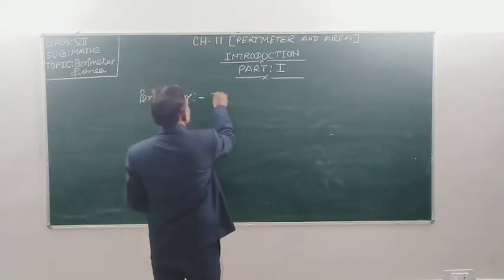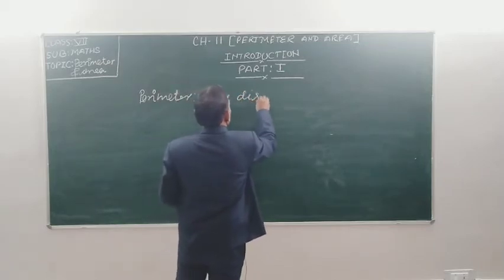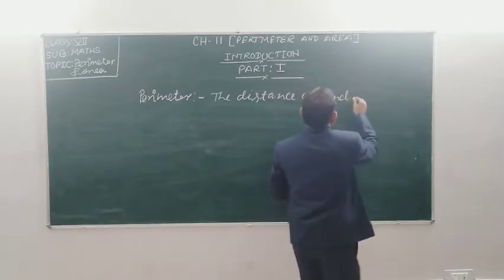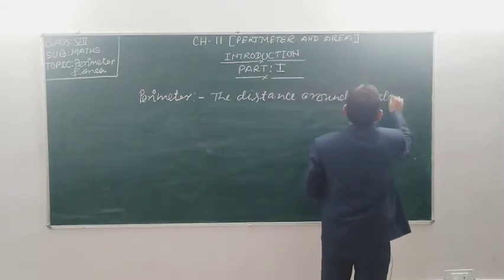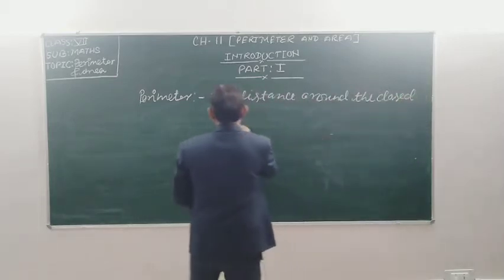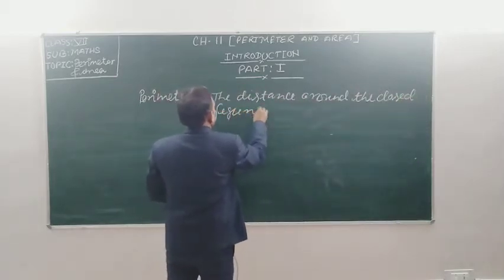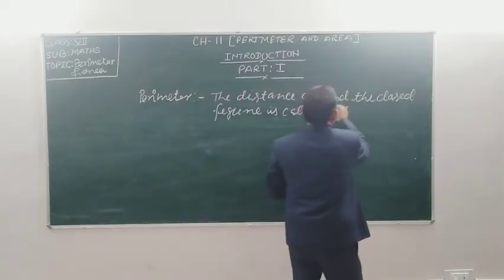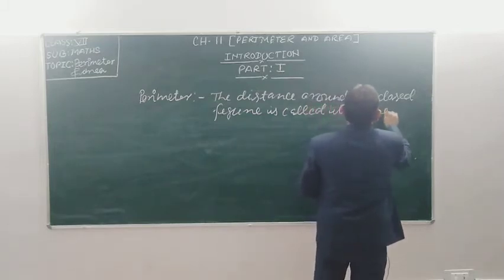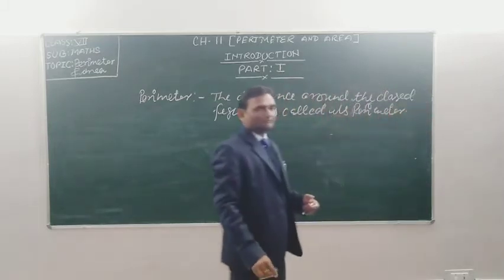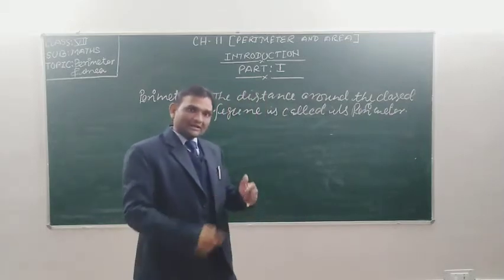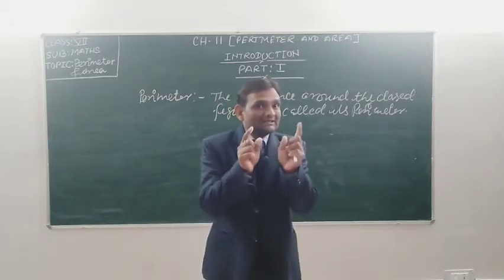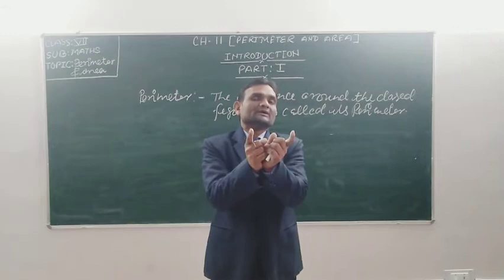The distance around the closed figure is called its perimeter. Or in other words, you can say the sum of the lengths of all sides of a closed figure is called its